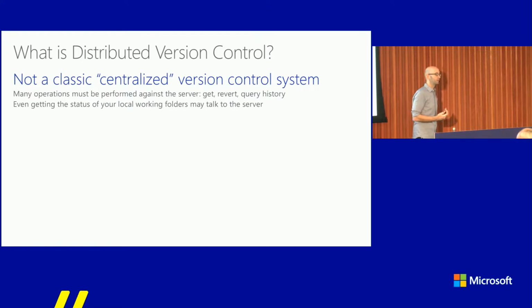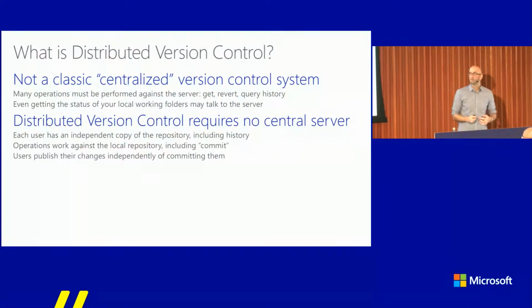That doesn't work when you have a team spread out across the world. And that's where distributed version control comes in. The idea is that everybody has an independent copy of the repository. When you run git clone, you get the identical bits that are on the server. That's why the command is called clone. And so that gives you a lot of power. So you can commit locally, you can merge locally, you can branch locally without having to worry about what's on